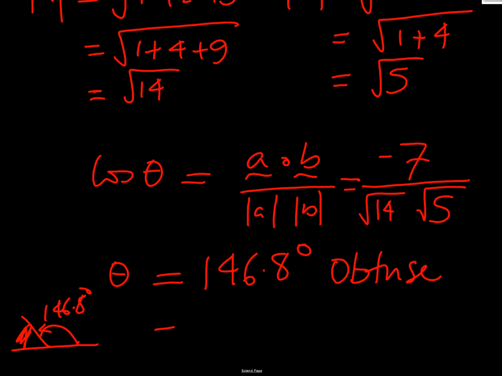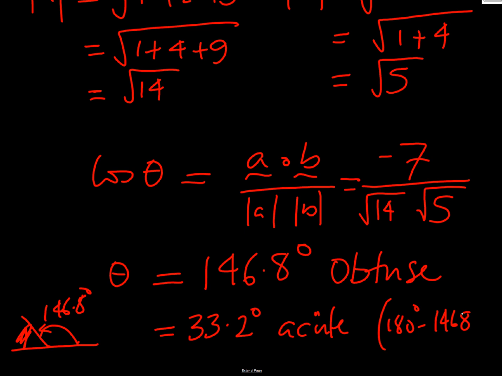So for my acute, I'm going to have 33.2 degrees acute, yeah? And here we go, that's 180 degrees minus 146.8, and you'll see that every time we've got a negative cosine, we're going to get to that position. Okay,